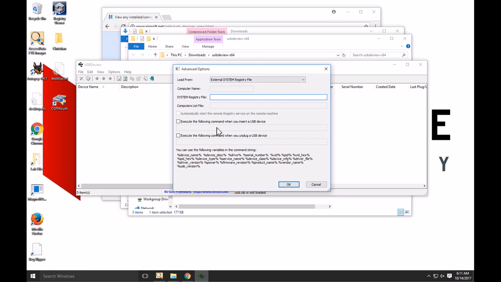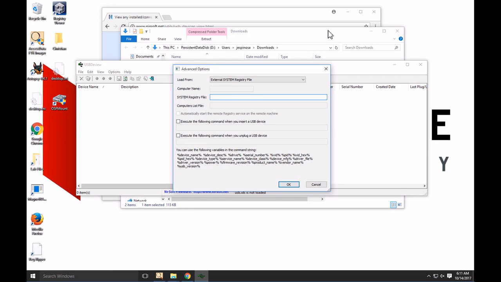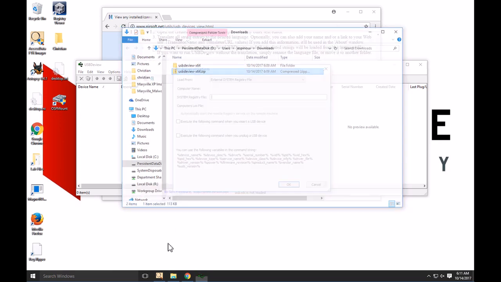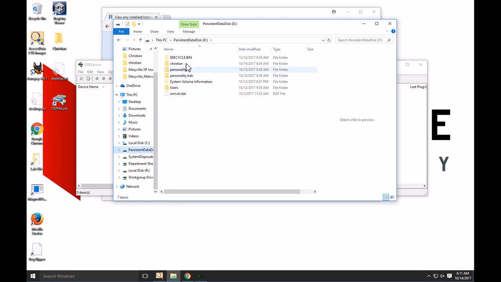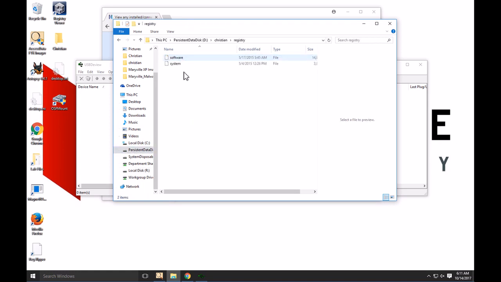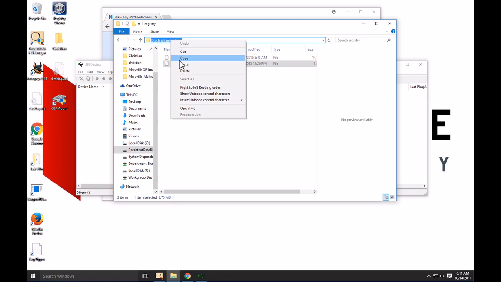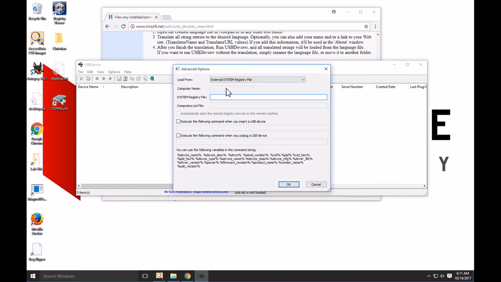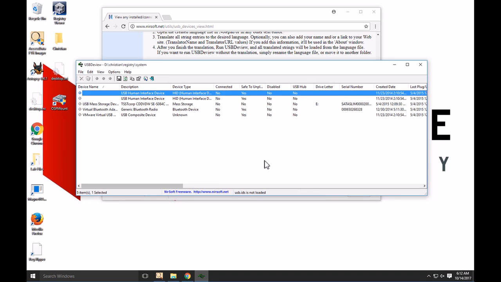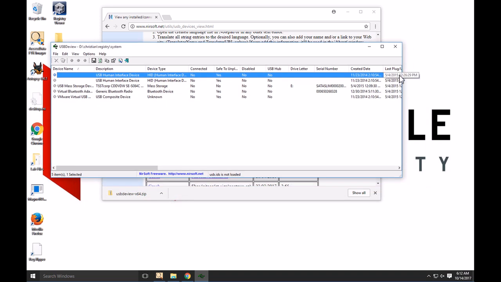So let's go back to where we put the system file, and your location may be slightly different. In Explorer here, I put it under D, Christian, Registry, and there it is right there, System. We can go up here, click on the title, and copy this. So that's D, Christian's Registry, System. We'll go back over here, do Control V, paste that, do a /system, hit OK, and it tells us all the devices that were